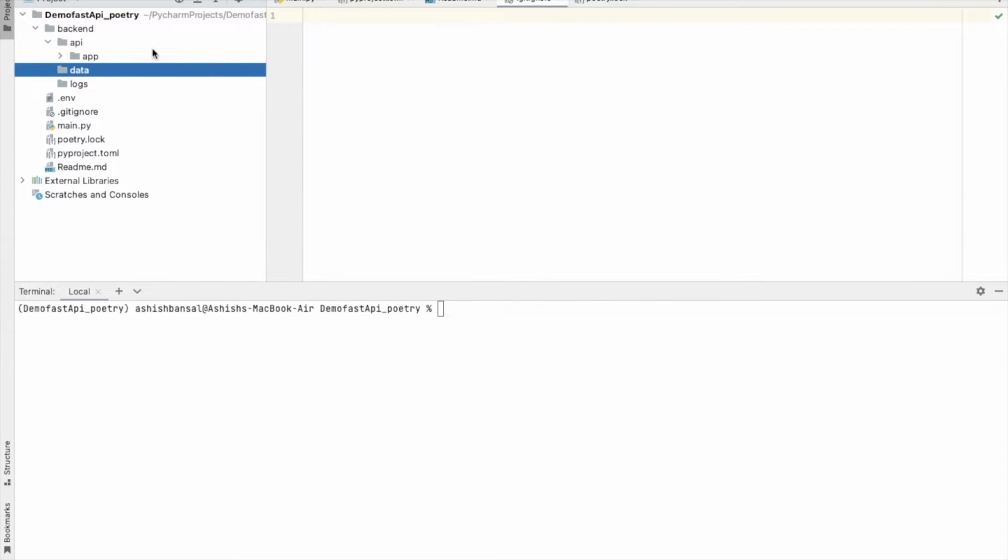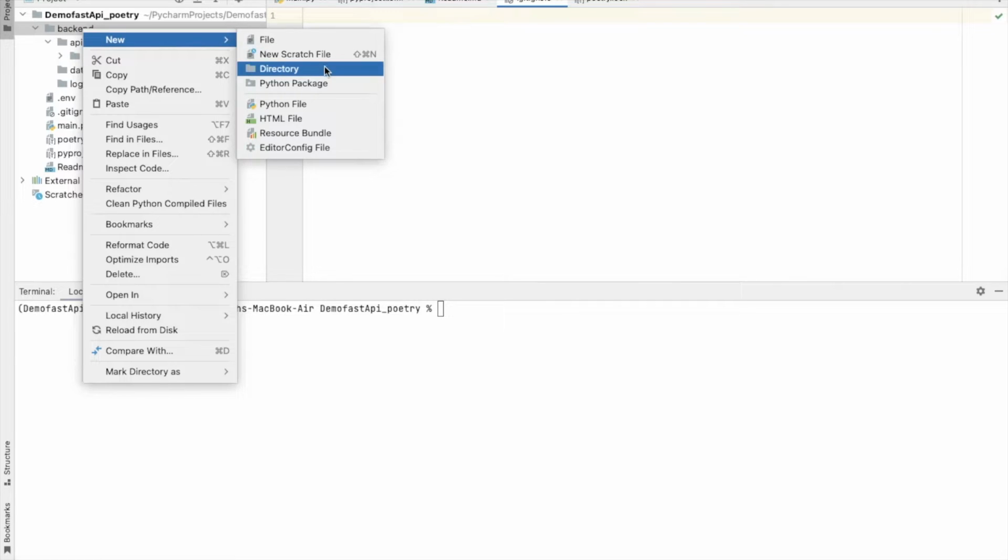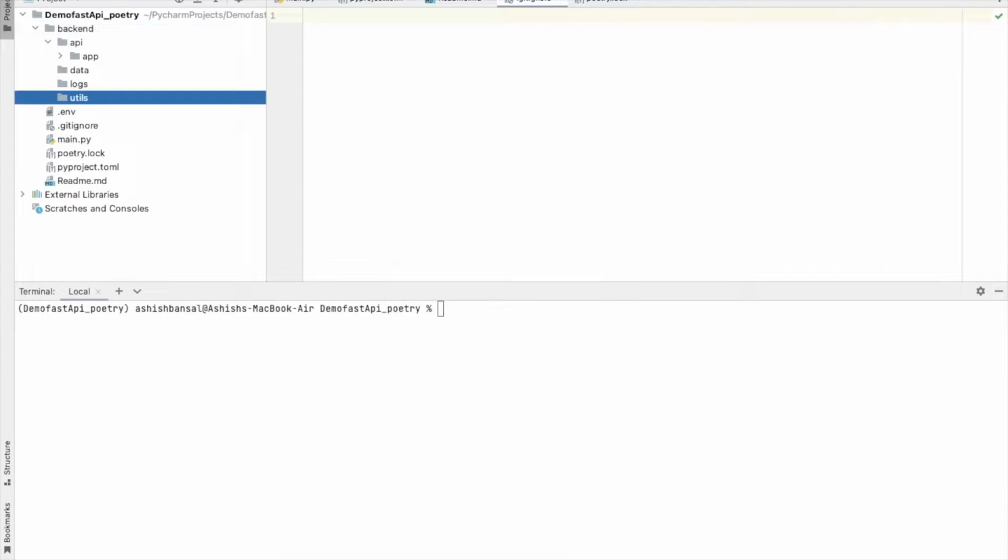And then you can have your utils also basically, in which the utils are helper functions that you wanted to perform. Okay, then